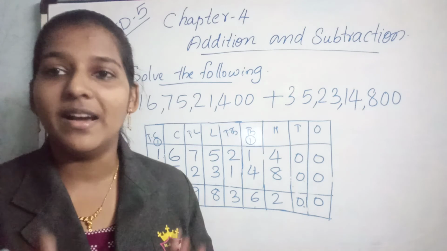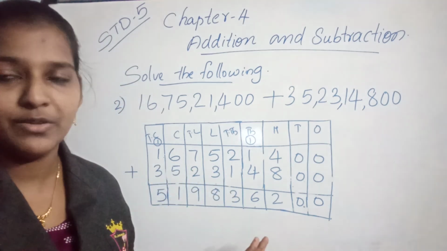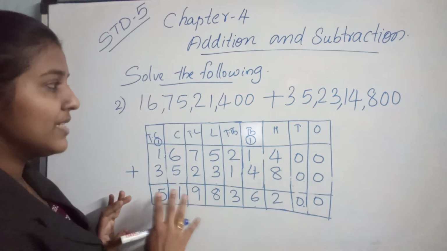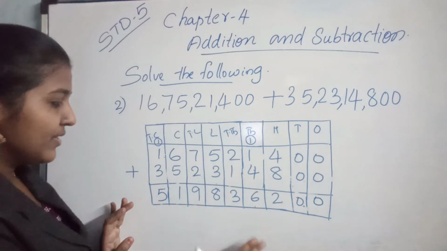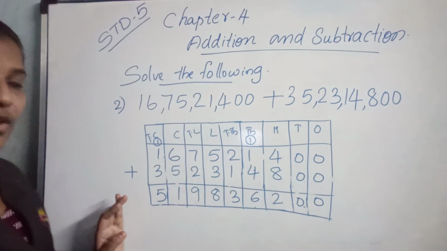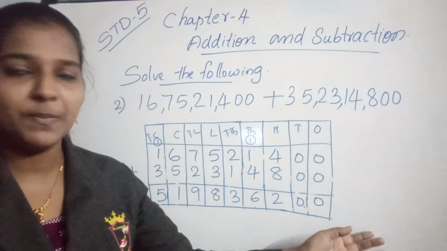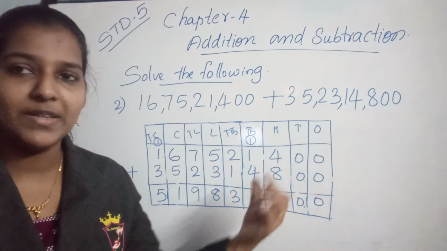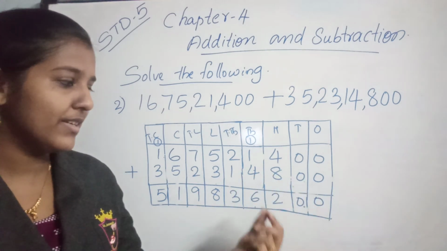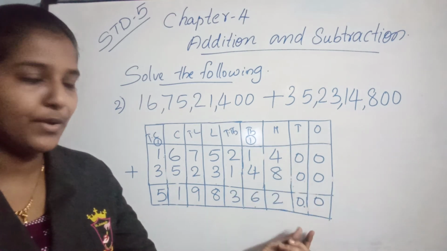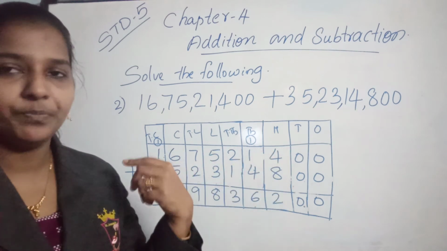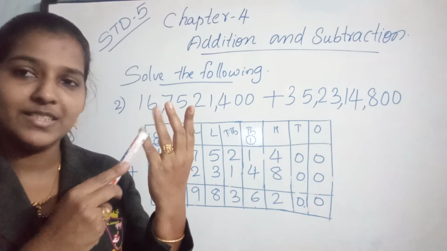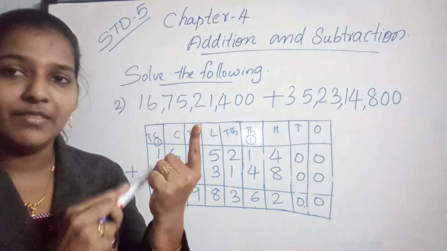So first you arrange these two numbers in a place value chart. Okay, so it's already arranged here. Both numbers are having 9 digits in it. So we arranged it, and now we will start the addition from the ones place. That is, ones place digits are 0 and 0. So add 0 plus 0, 0. So you can write 0. 0 plus 0, 0. Then 8 plus 4. Keep 8 in your mind and take 4 fingers. Then after 8, that is 9, 10, 11, 12.